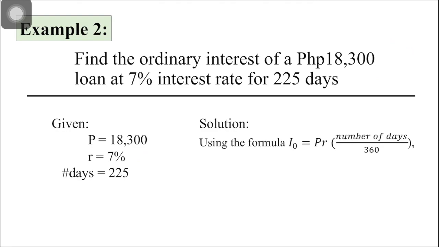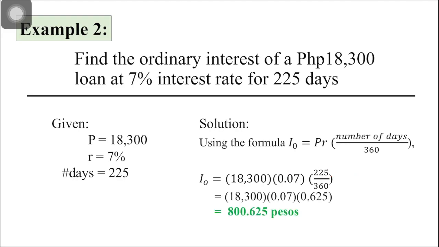So substitute the given in the formula of ordinary interest. Then you'll have this. This is your P, this is your R, and this is the number of days. So that's 800.625 pesos. So ang iyang kwarta nga 18,300 loan at 7% interest rate for 225 days ni tubo og